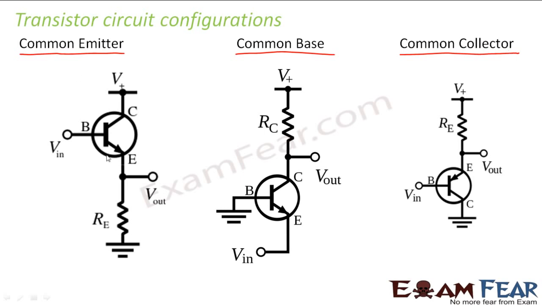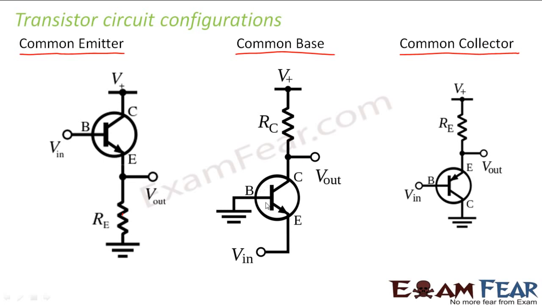So let us look at the common emitter configuration. If you look at it, this is your emitter, this is base, and this is collector. So here you see emitter is the one which is grounded. So that means emitter is common to this base. So we have written as V input. That means the input is applied between emitter and base, and the output can be obtained between collector and emitter. So emitter acts as a reference between the base and the collector. So if I connect a complete circuit here, I can say that base emitter comprises the input circuit and emitter collector forms the output circuit. Right?